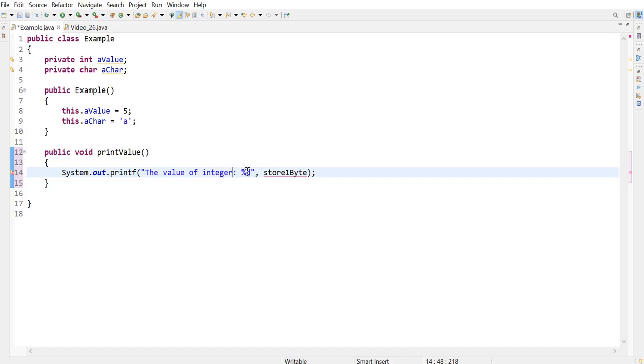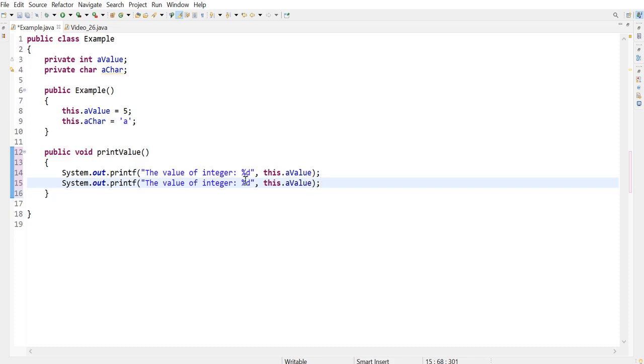the value of integer, and also I could use that value, and I can do the same, the value of character C, and